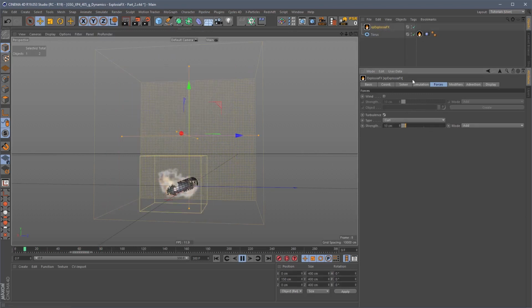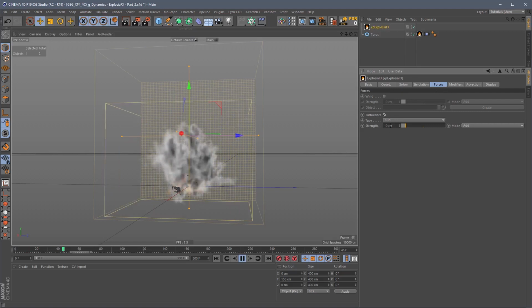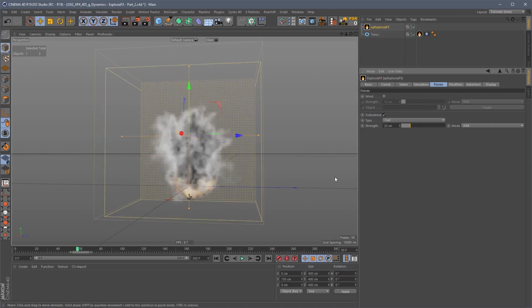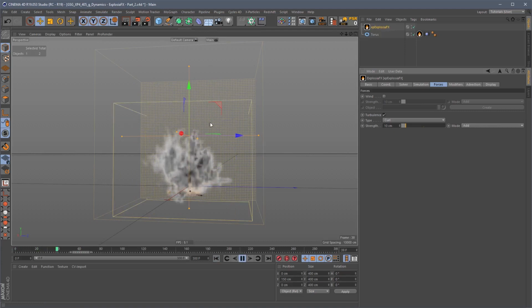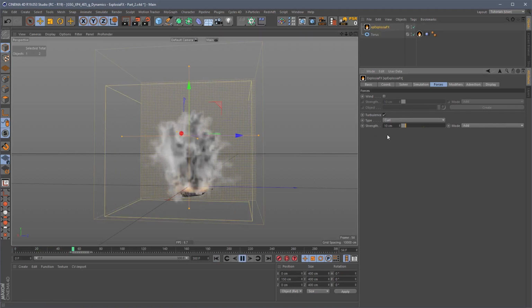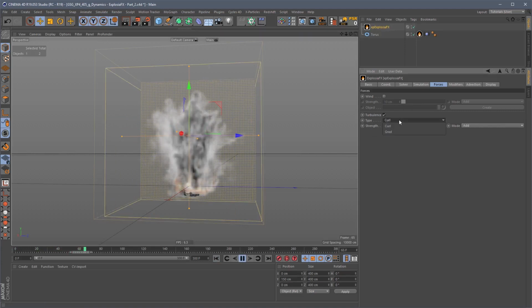And the reason this is in here, and we'll talk about this in the sources and modifiers section, is that the modifiers from XP work with the Explosia domain, which is fantastic. However, there is a bit of an issue with some of the turbulence modes that they diffuse the simulation too much and too quickly. So the guys added this inbuilt version of turbulence, and you can see here we get this really nice